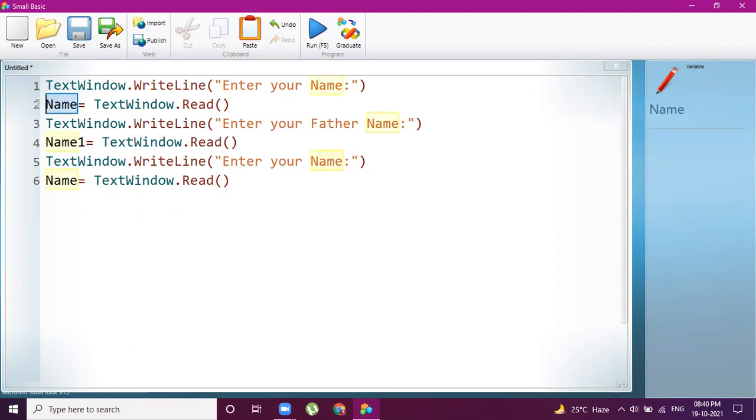Why? Because I have already used name. That's the reason I have used name1. And here, "Enter your mother name", and the variable I am taking is name2. So now let us run the code.